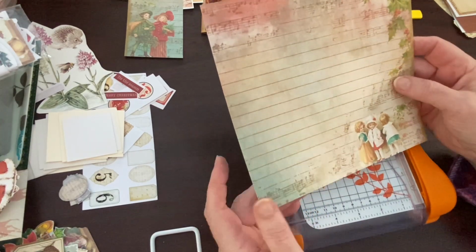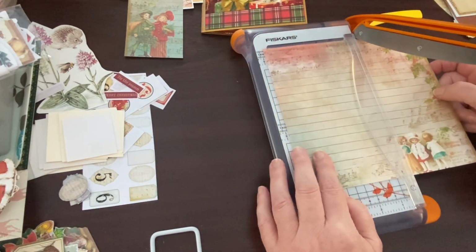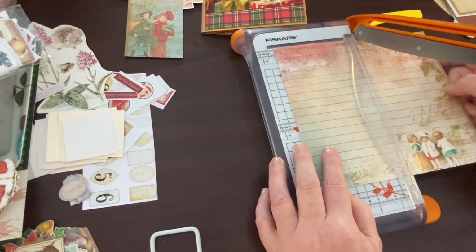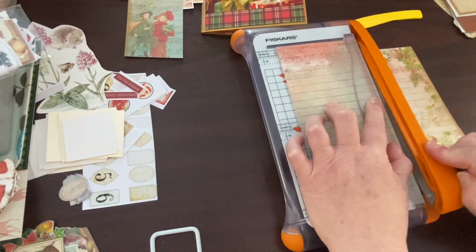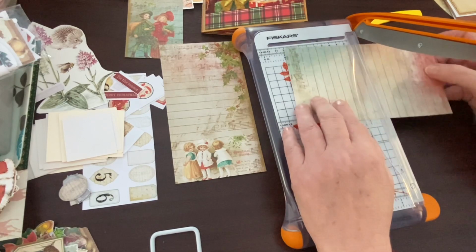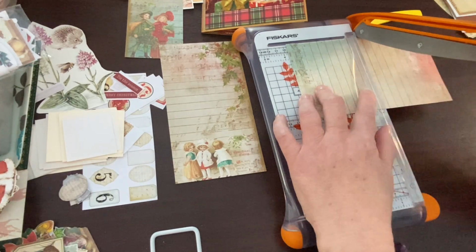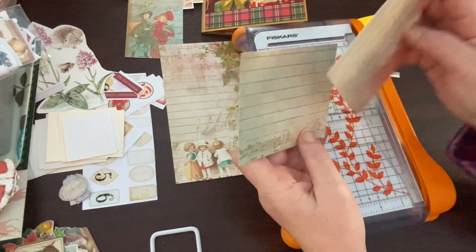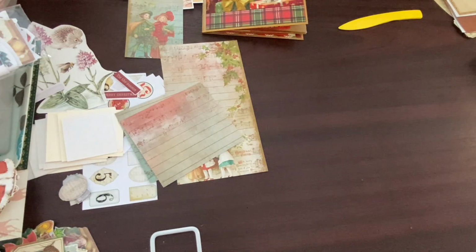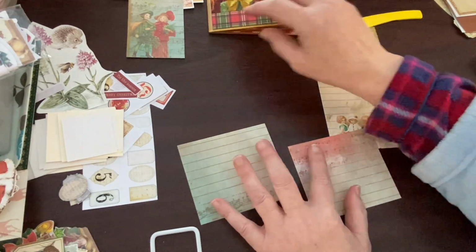See, that bit's quite plain, isn't it now? Although I have got, I'll do it into big tags. I'll make that one a big tag. There. I'm thinking if I do that into two pieces, make them small journal cards. I've got some embellishments that can go on, haven't I? Yep, so it's going to be another one of those videos where we're just,